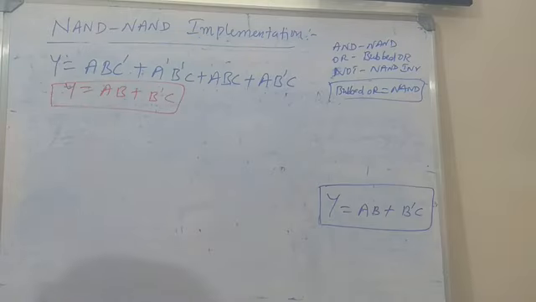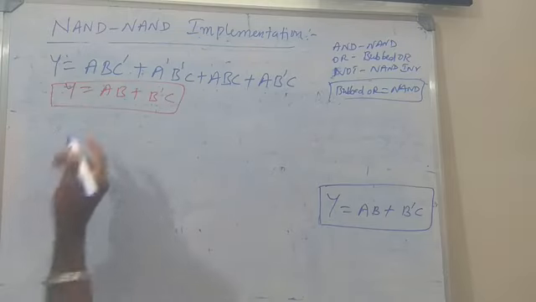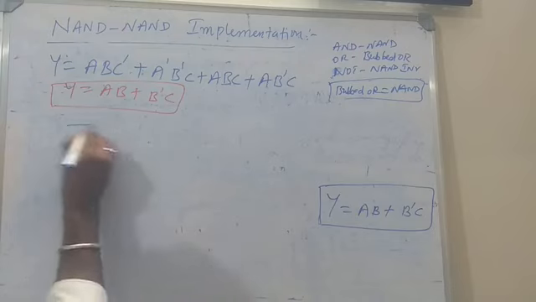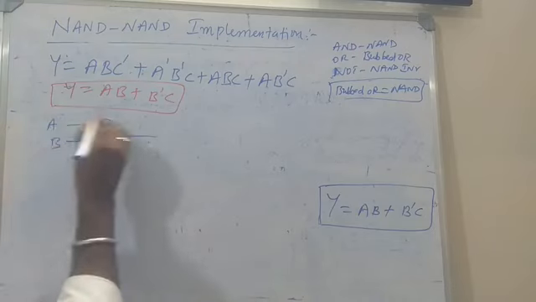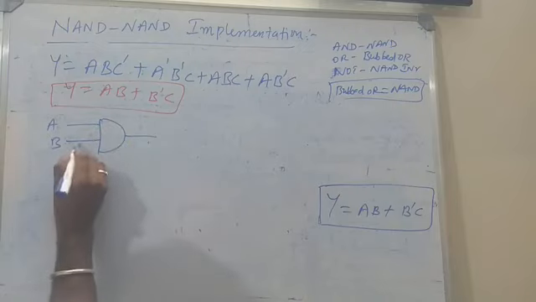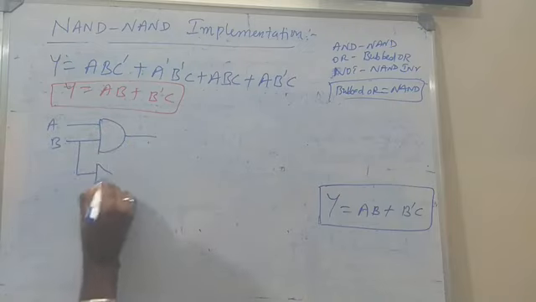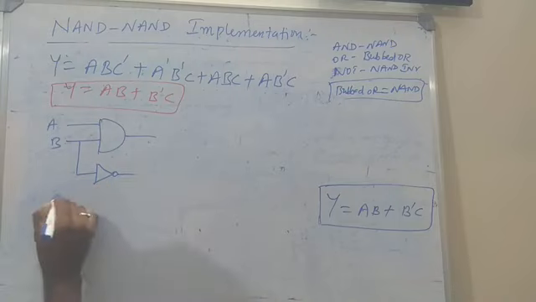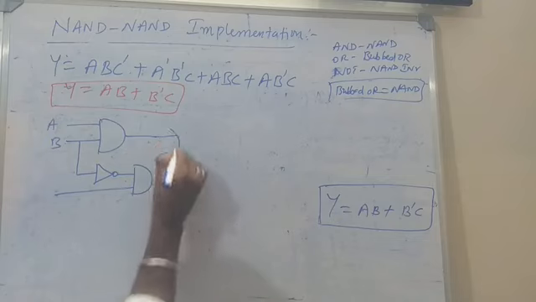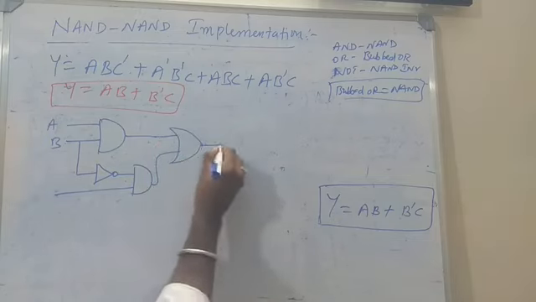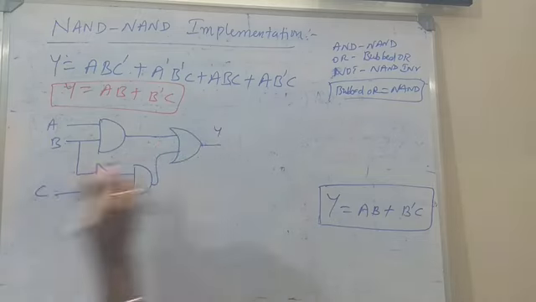Now I want to draw the basic logic gates by using logic gates. So here you write A, B inputs and B bar. B bar indicates you have to add one inverter. Okay, inverter and C. So that is multiplied and which is combined with what? One OR gate. Okay, so this is C. So this is Y. So this is the logic.